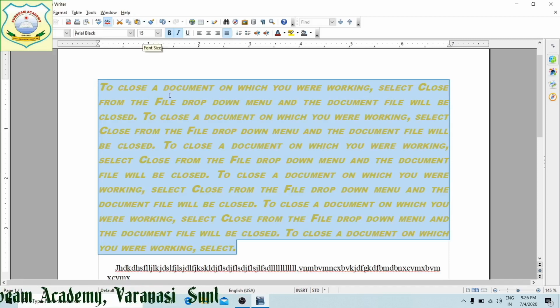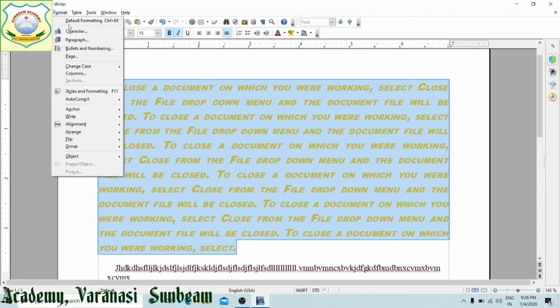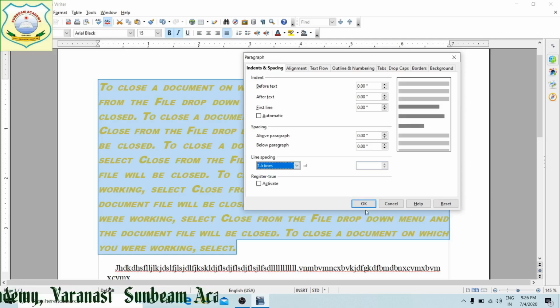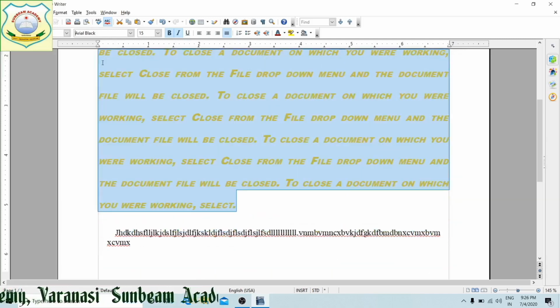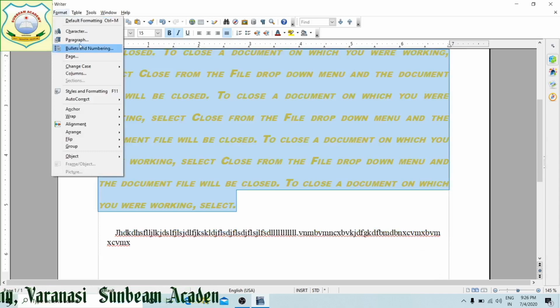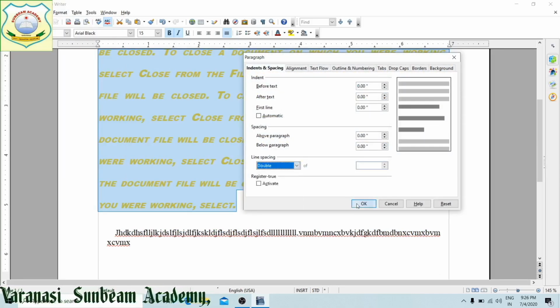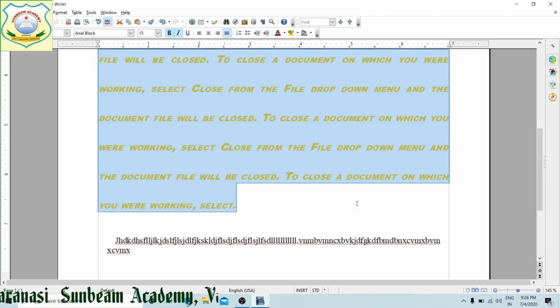This distance I am telling you, not the font size. Distance between these 2 lines is 12 points. If I am going to take it 1.5, it will become 18 points. If I am going to take double, it will become 24 points. This is different types of line spacing.